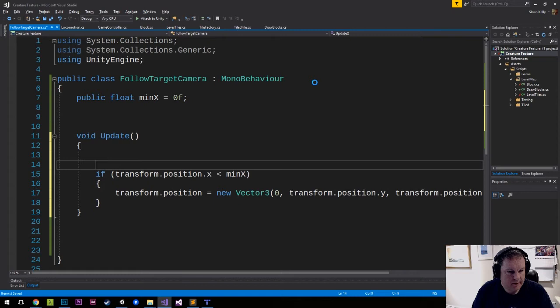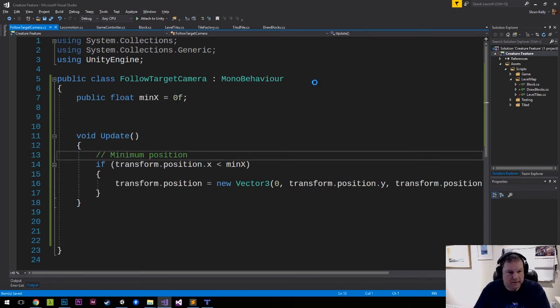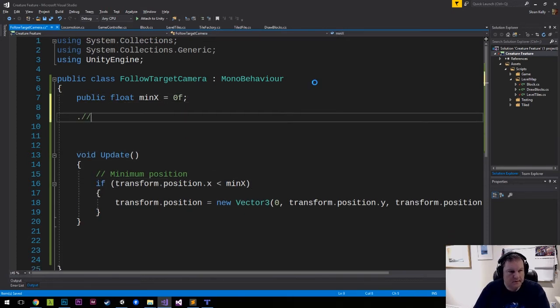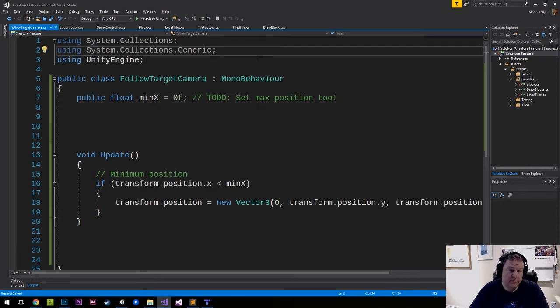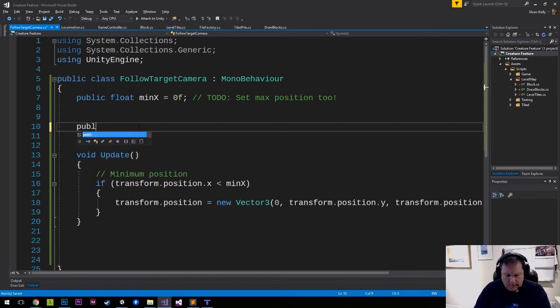So clamp it to minimum position. So it's always going to be minimum position. We're going to have to set a maximum position. To do: set max position. So you're going to have to add a restriction once we load the level. So that's okay. Public transform